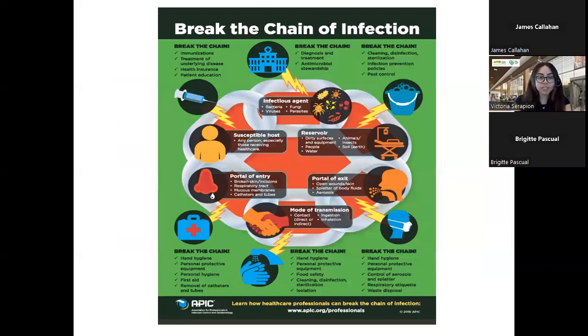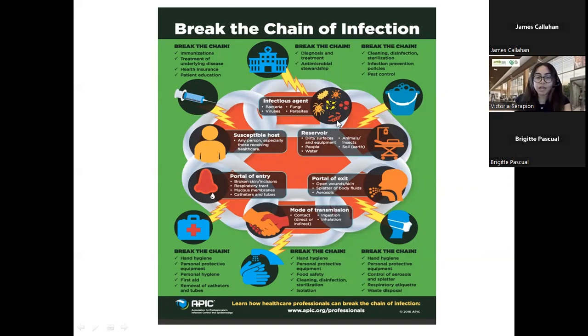This is the chain of infection, and many of us are familiar with it, as it is a model that's widely used within infection prevention and control. It's important that we understand the components of this model as it can help identify infections and any interventions that should be implemented. So to briefly go over the components of this chain, we first have the